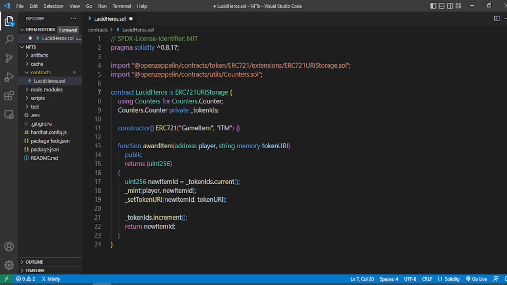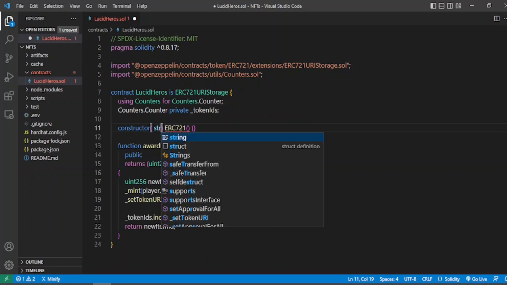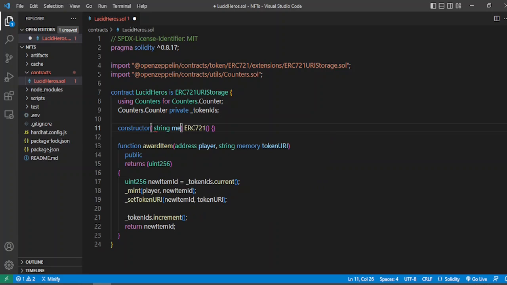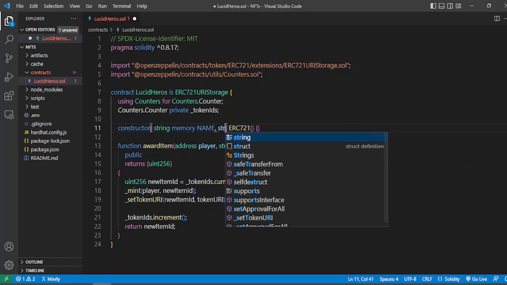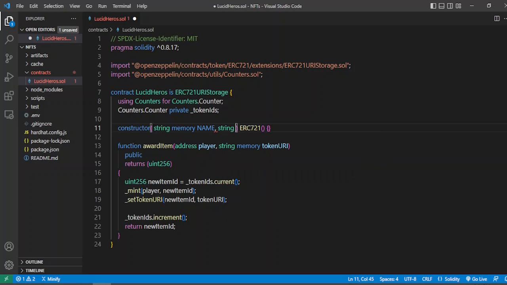But I don't want to pass in the value for my constructor right away. I'm going to do that when I deploy my smart contract. So let's fix this. String memory name, then the symbol, string memory symbol,